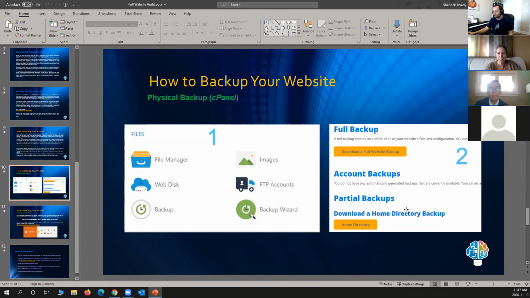I click backup. I saw this. You can download a full website backup or your home directory. The backup that we need to keep our website running is only the home directory one. And guess what? When your website breaks, go to the same place in your cPanel. You have a restore button. You click restore, you upload your backup, you're done. The whole process, downloading it and uploading it together, won't take 10 minutes.